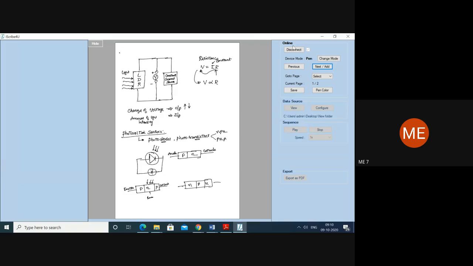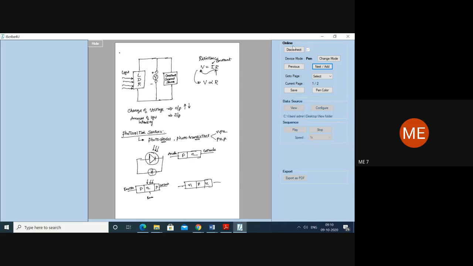Similarly, we have what is called the phototransistor, which has three different layers, either a PNP layer or an NPN layer. Now we have neglected the amount of base current here, taking only the emitter and collector on the junction. Accordingly, we'll be getting the type of energies. Now these are the methods of light sensors which we can consider,